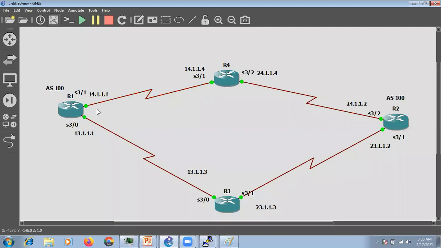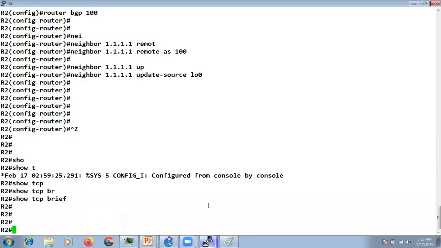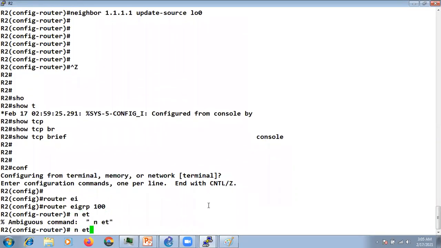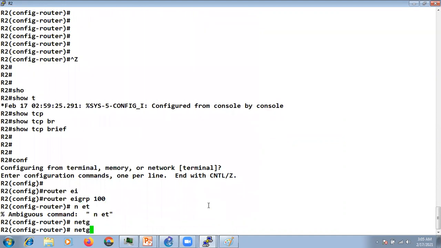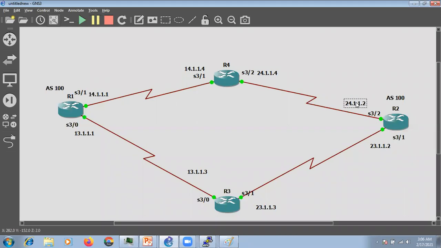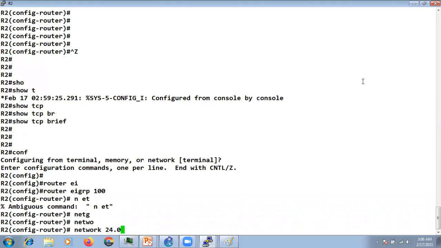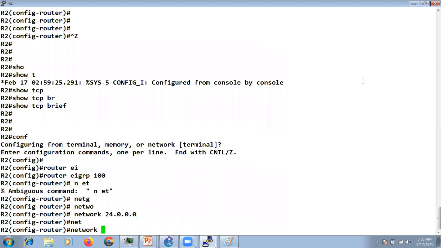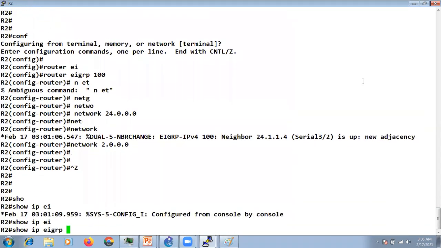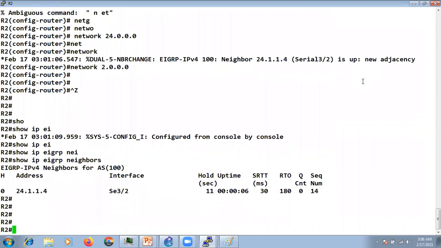On R4 we are already running EIGRP. At R2 also I will say router EIGRP 100, network 24.0.0.0, network 2.0.0.0. Now you can see the neighborship is up for EIGRP.